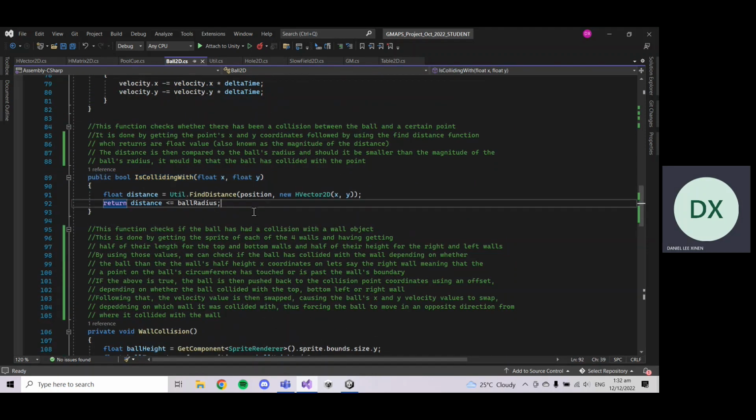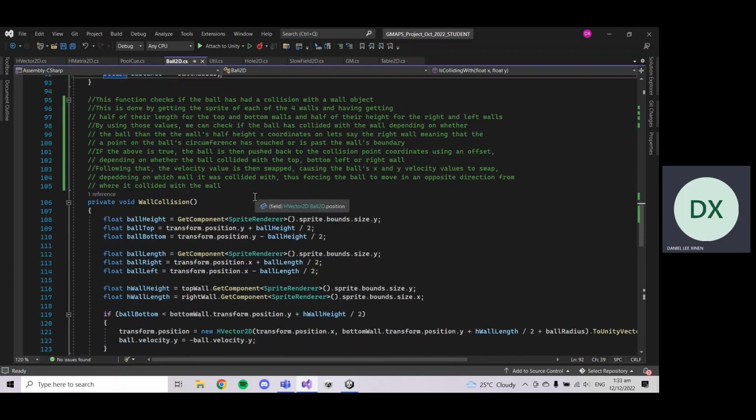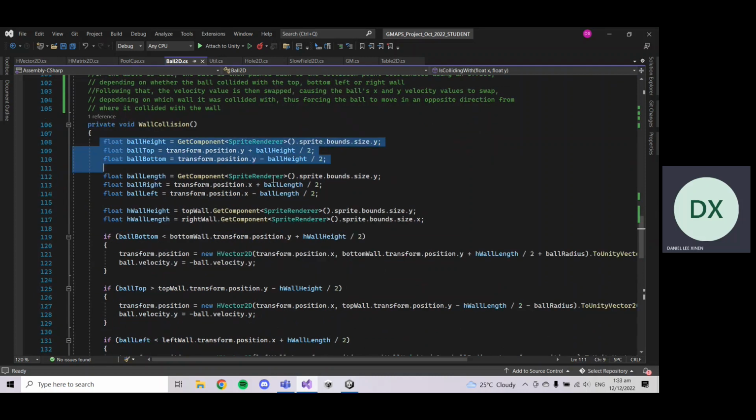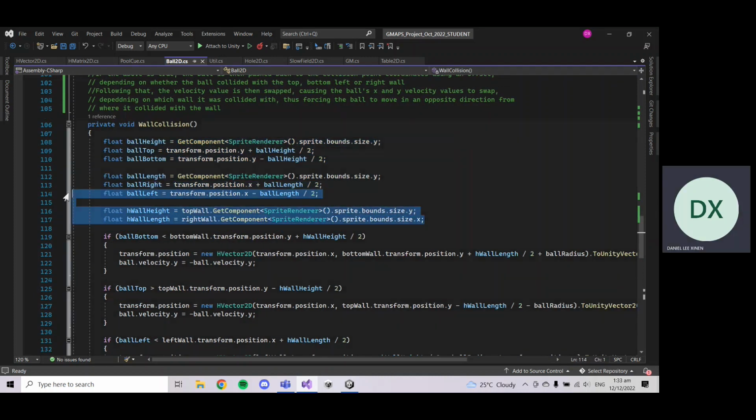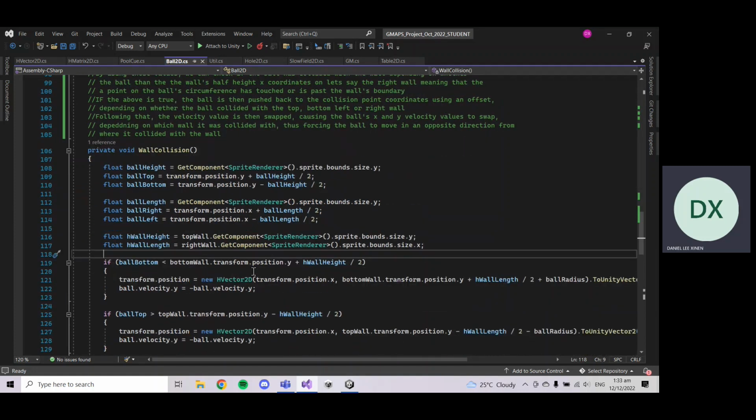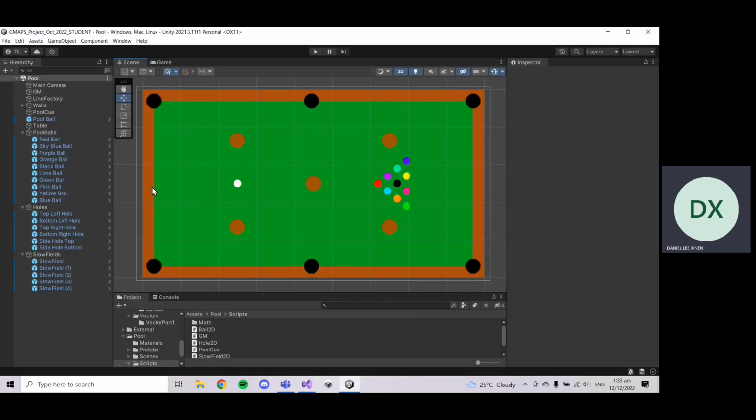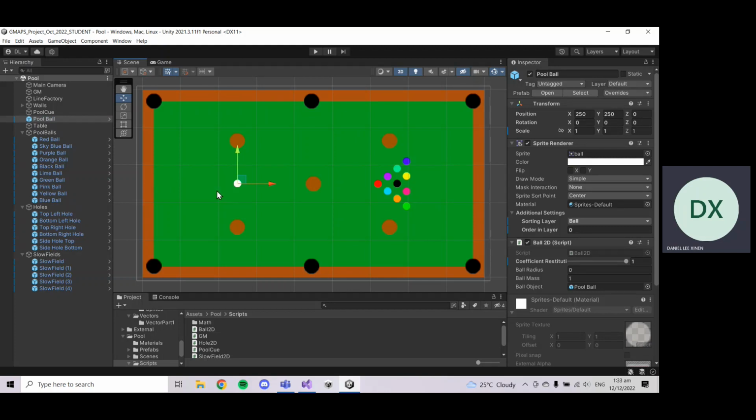Apart from this, we also have this function which checks the collision between the ball and a point on the ball circumference. The point checks whether there's a collision. Ball collision is done by getting the wall sprites and then setting the boundaries. So let's say we use the right wall as an example. For this right wall here, we take the height, divide it by 2, and this gives the middle point, and then we add a bit more. If the ball value here is negative, because this is moving in the negative x-axis direction,